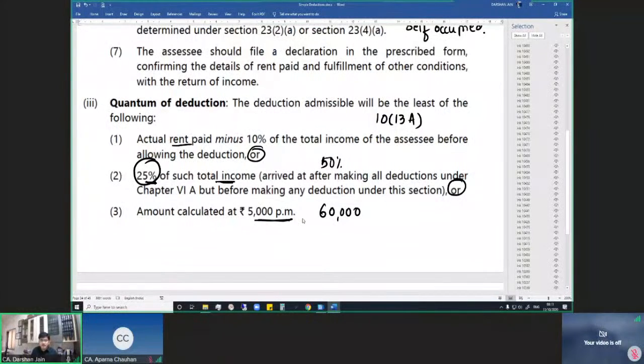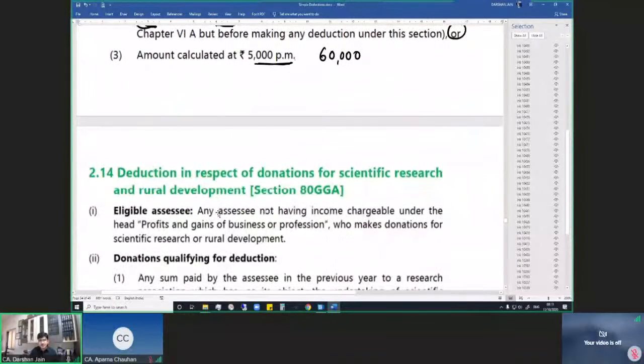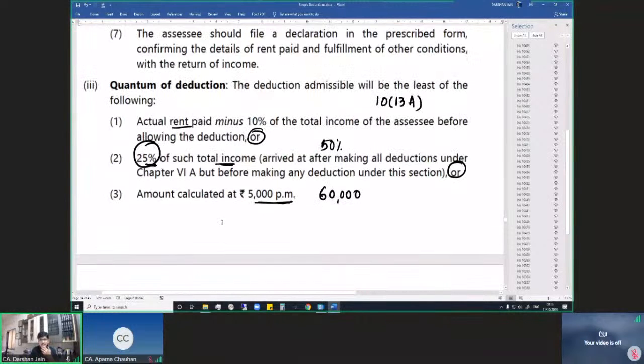However, here you've got a maximum limit of rent, and that is 5,000 rupees per month. The maximum deduction could be 5,000 rupees per month for the period during which the house property was rented by the assessee. It is not 5,000 into 12. It is for the span of time when he has actually rented a property. So this is 80GG,